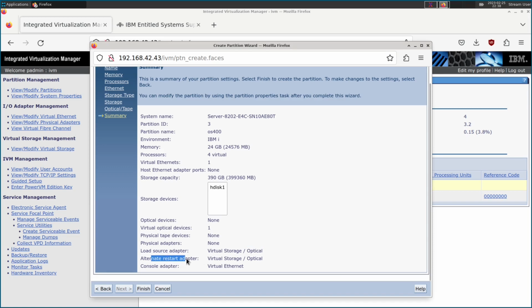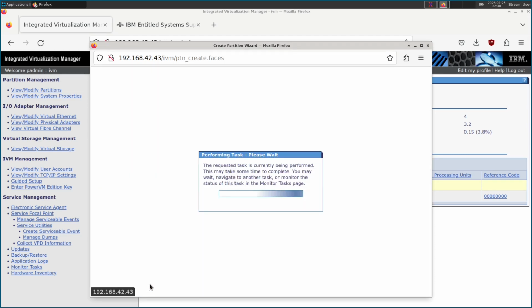And then alternate restart adapter is if you're, for example, installing from your optical drive, which we are. So this IVM interface actually tends to manage that correctly, and it just chooses the right thing. And then our console adapter is where the management operators console will be available, and that's going to be over the virtual Ethernet network to give us a LAN operators console. So again, IVM just does the right thing and sets that all up for us. So we'll hit finish, let it create that partition,